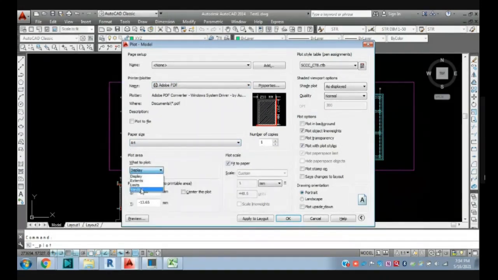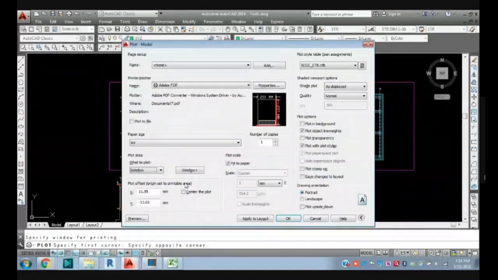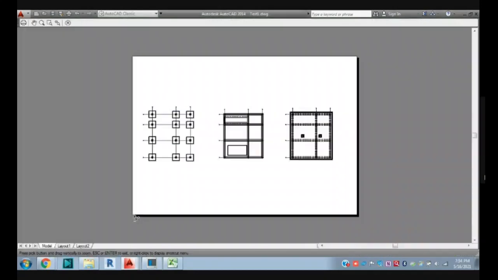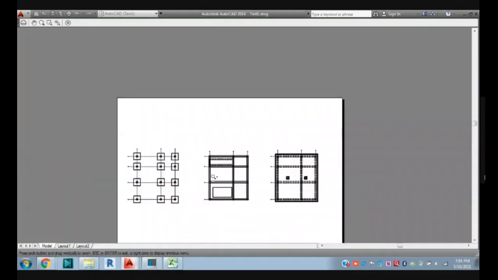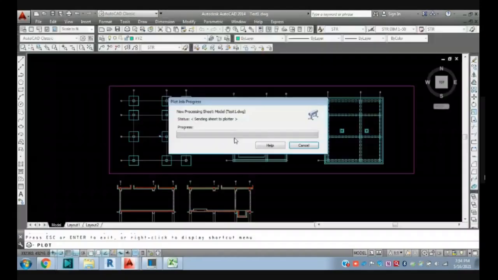Use the window option and select your area, whatever you want to print. Keep center the plot, set the drawing orientation to landscape. If you want to check the preview, you can, and you can right click and give the plot command.